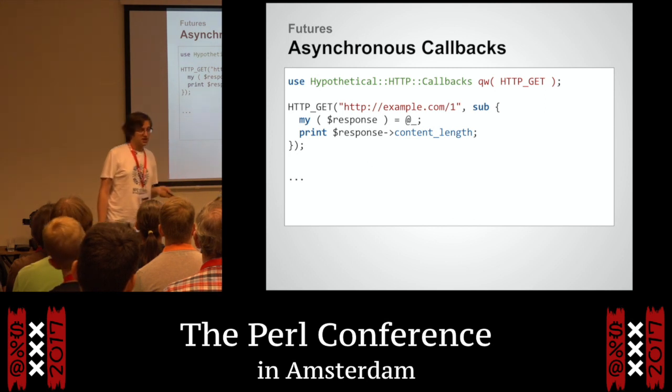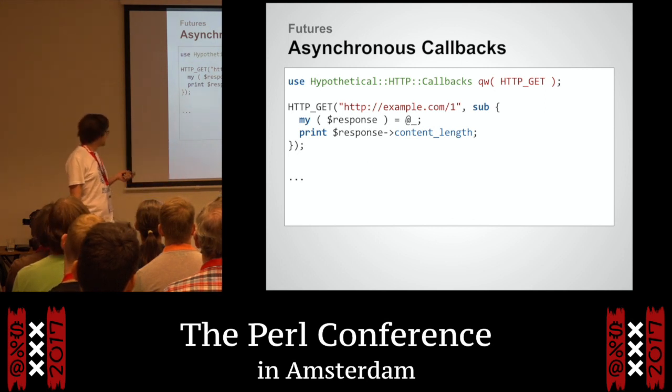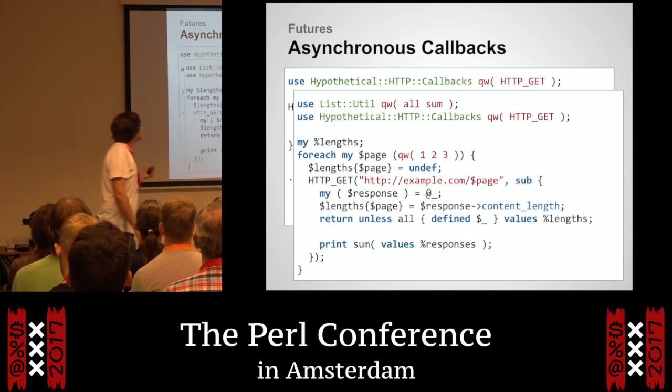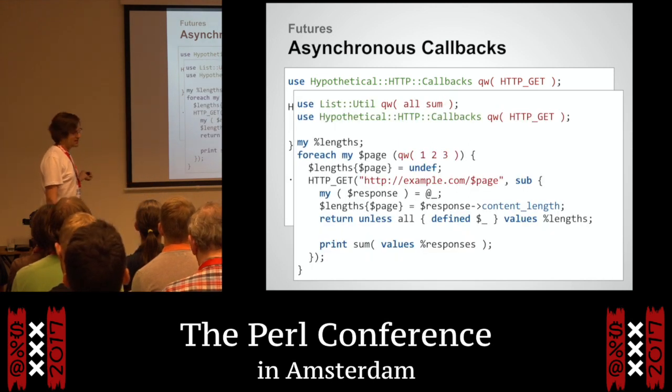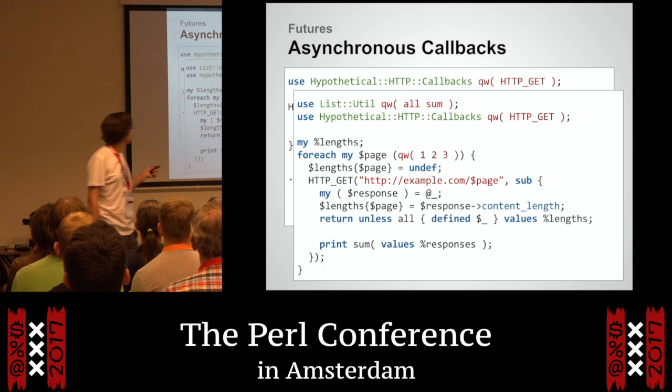So people started applying callbacks to these things. Rather than waiting, you pass in this little function here, and you say, well, do this at the end of the request once you've got the response. This works fine for one thing. And then down here, we can go off and do something else. But how do we wait for all 3 at once? It's rather messy. And this is the slide I wrote for EU 2014, 15, whichever one it was.